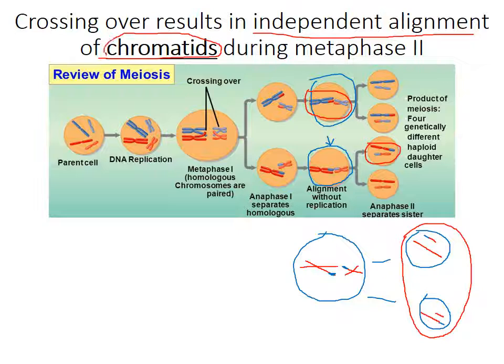So because of crossing over, chromatids are no longer identical. Crossing over happened during prophase 1. Chromatids are no longer identical. So during metaphase 2, when they line up single file, the way they line up affects what gametes are produced. So that's why we call it independent alignment of chromatids during metaphase 2 of meiosis 2. And that's just another one of the mechanisms. It's related to crossing over, but you can kind of count it as a separate mechanism that leads to even more diversity in the